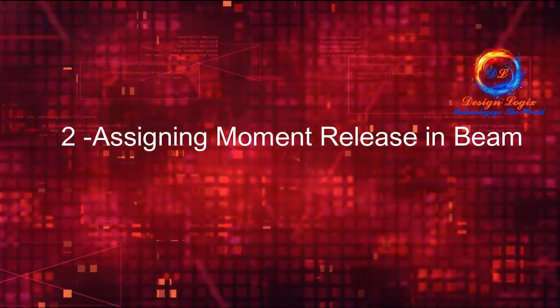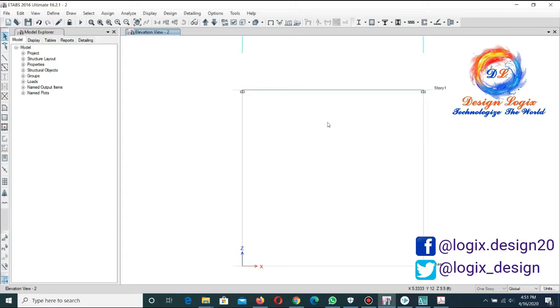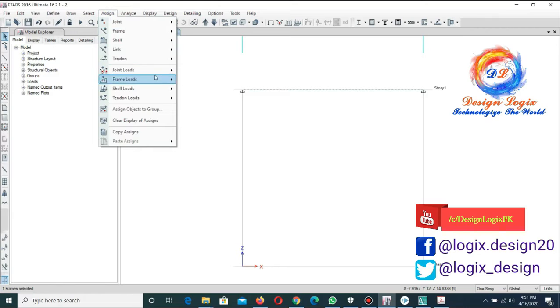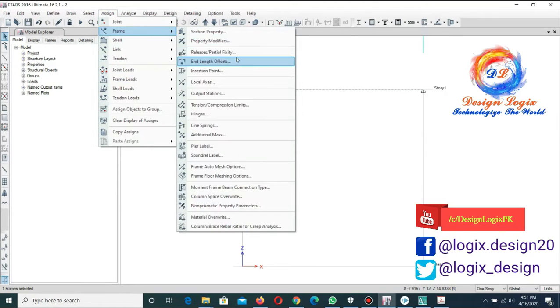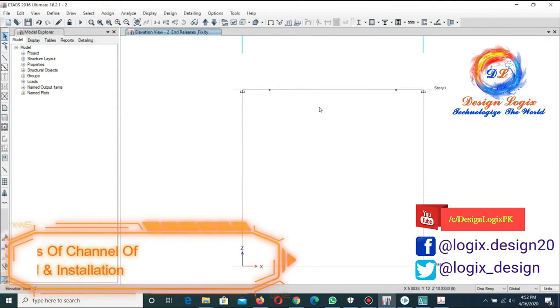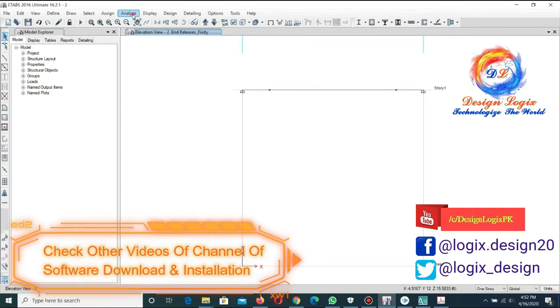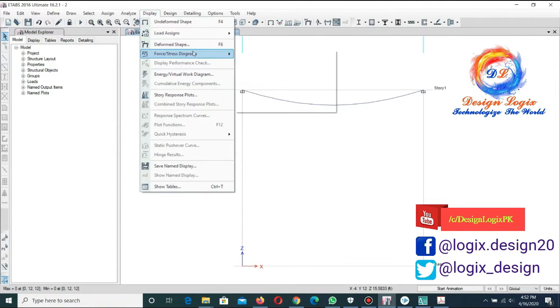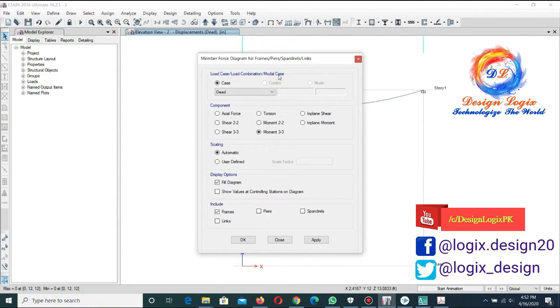Now we are assigning a moment release in the beam. Select the beam, go to Assign, Frame, Releases/Partial Fixed Rigidity, and at the start and end set the moment M33 value of 0. And go to Display, Force Diagram, Frame Forces.